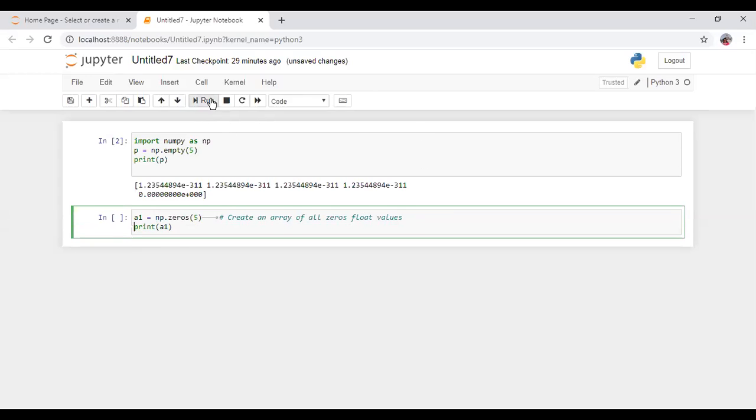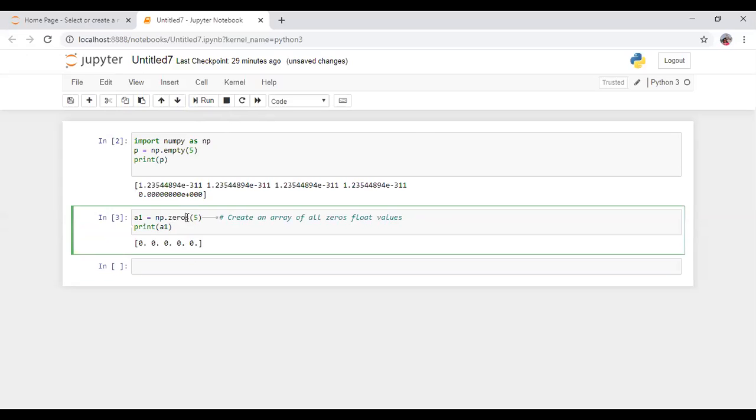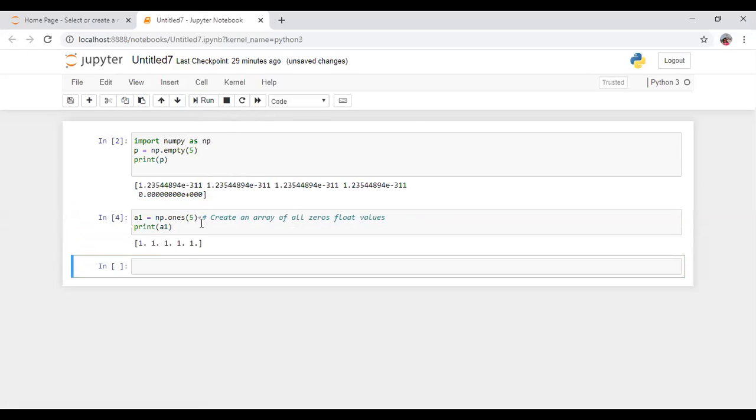I am running this. So 5 zeros will be printed. Same command I am using with ones. I'm running again. Instead of 0, ones will be printed here.